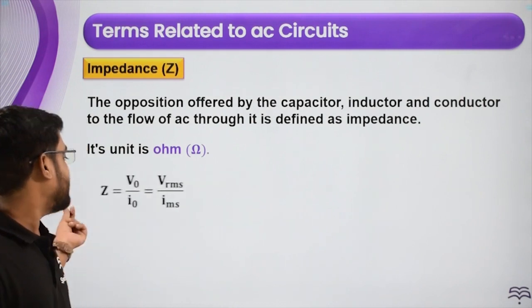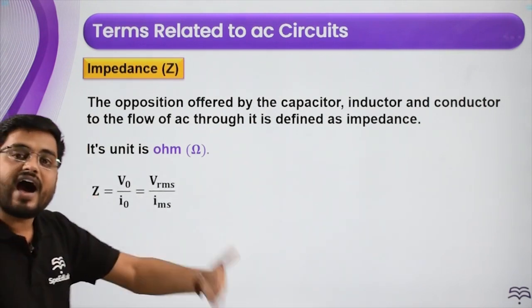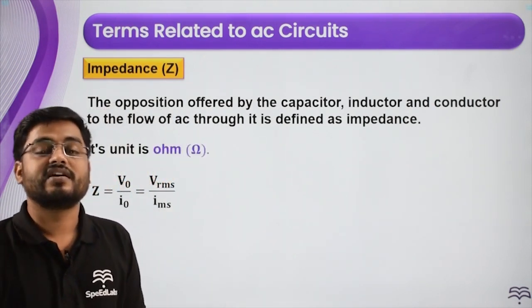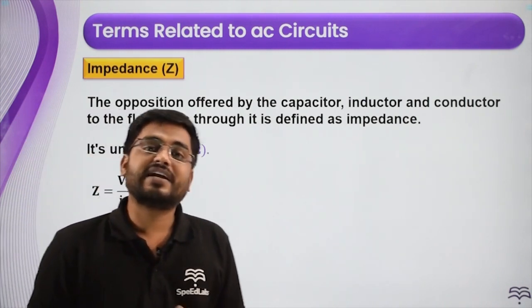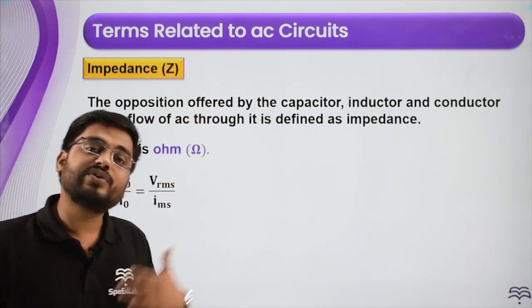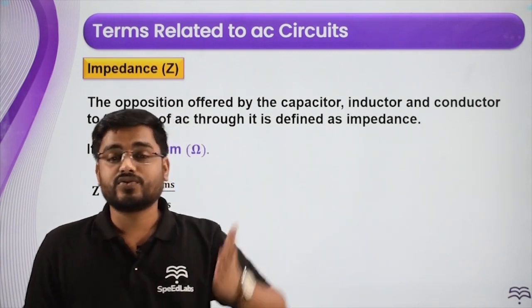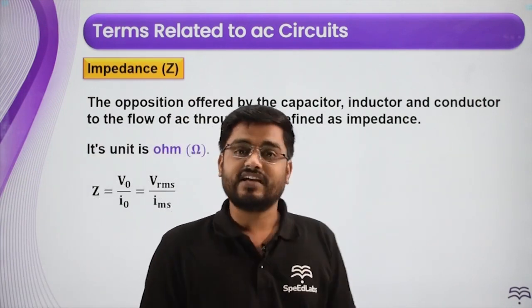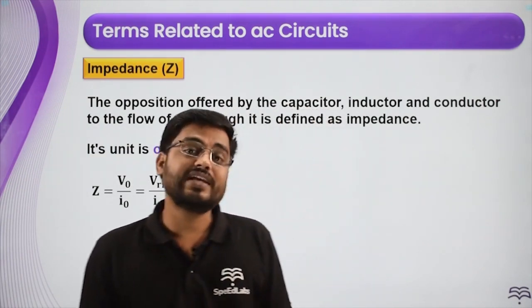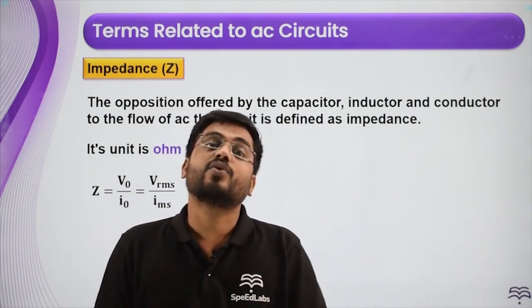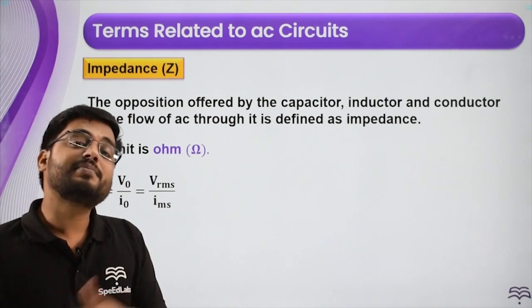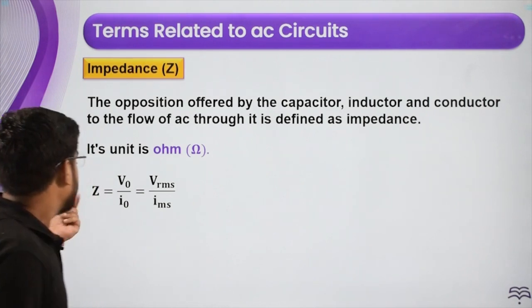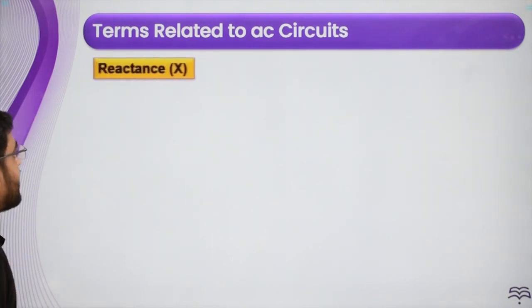If we are talking about what Z is, generally R is V by I, as per Ohm's law for a DC circuit, where there was only a resistor. Now, there will be a capacitor also, and an inductor also. So V by I is not going to give us resistance; rather, it is going to give us impedance. We can also say the total impedance of a circuit, in case only resistors are part of the circuit, is known as resistance. So total impedance will be resistance when there are only resistors connected, no capacitor and no inductor. So, this is impedance.